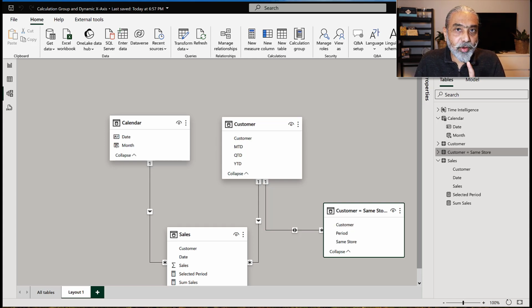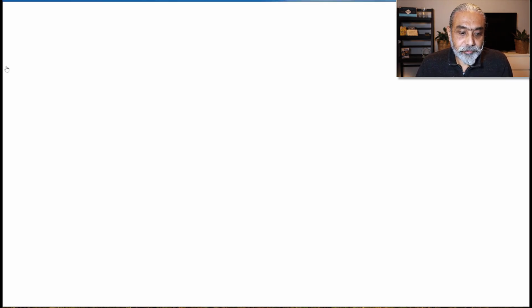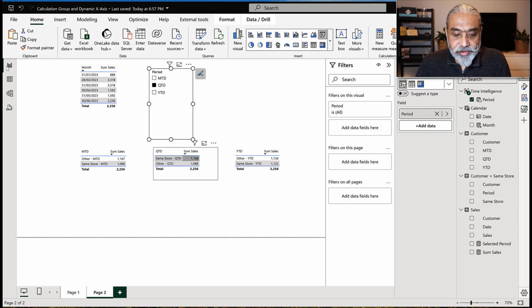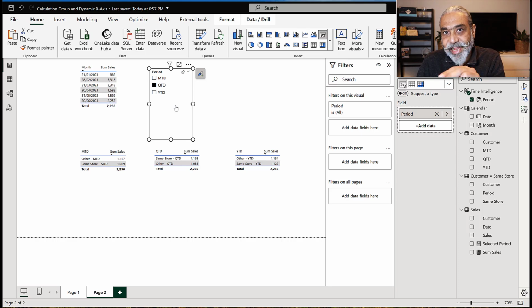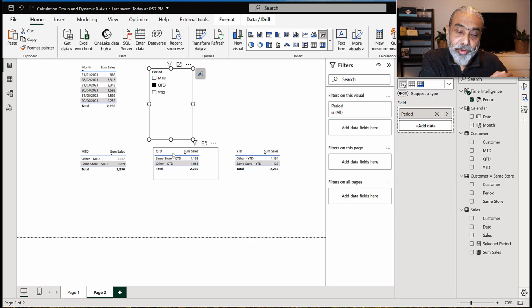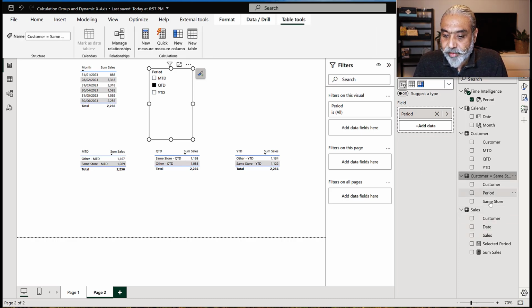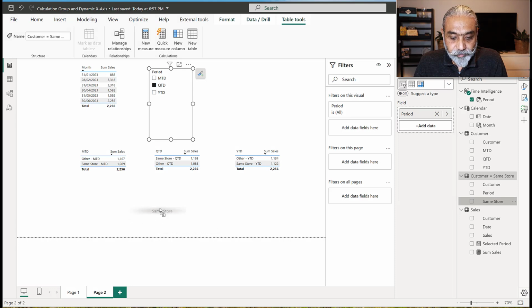Now, with this modeling change, what I can achieve here is a visualization where, based on the selection of the period from my calculation group items, I can actually force which dimension attribute to select. So how did I do that? What I'm going to do here is I went to the customer same store and I picked up the same store column here,